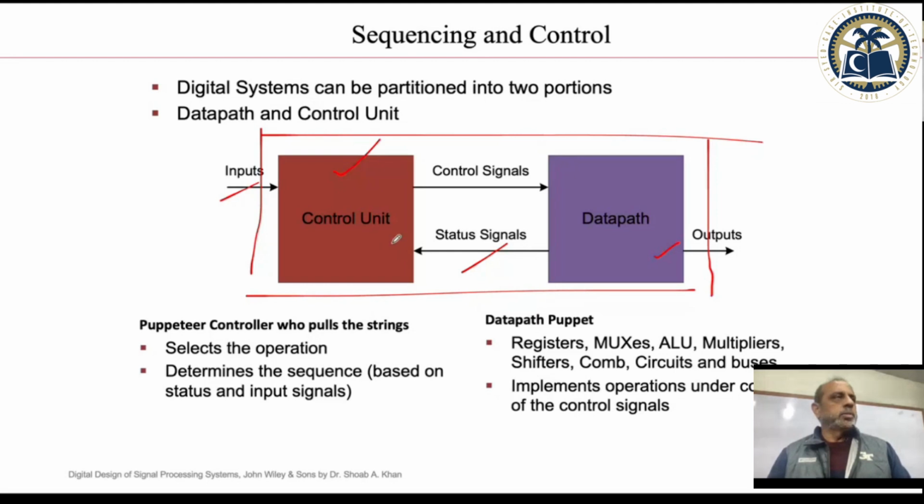So it has to take notice of what is happening in the data path, and then change its strategy or its path of controlling the data path. But all the time, it is just sending the control signals to the data path, and the data path is giving an output. Sometimes it also just generates status, so that the person who is using this would know in which state